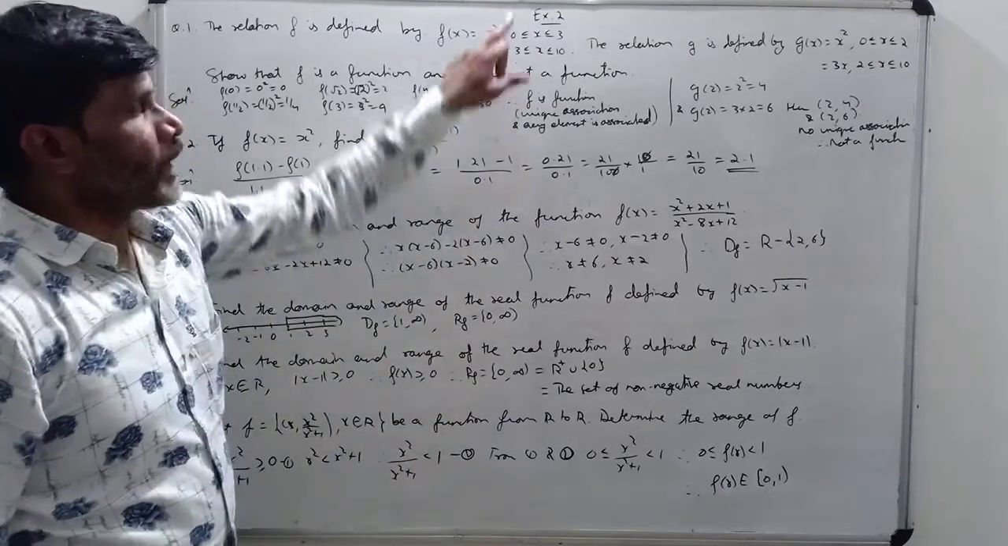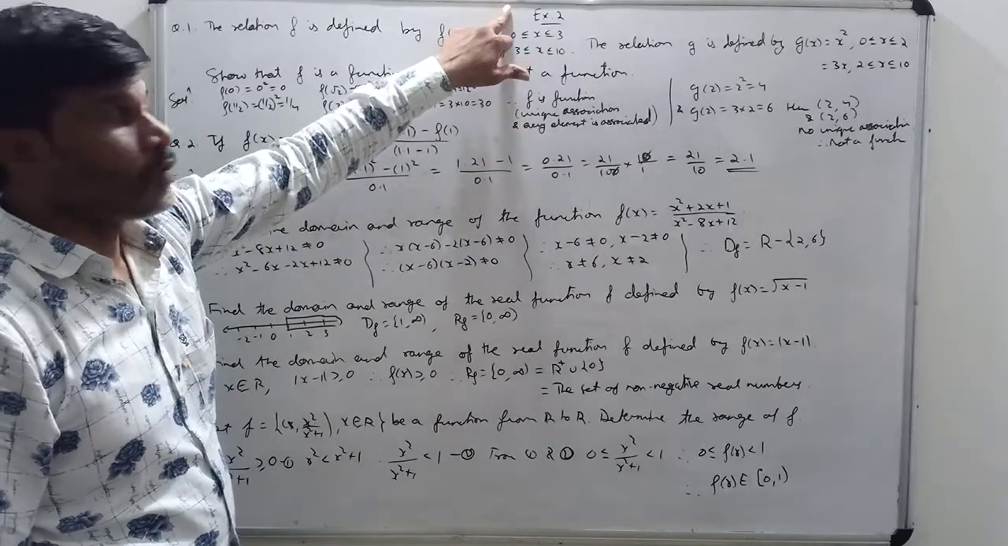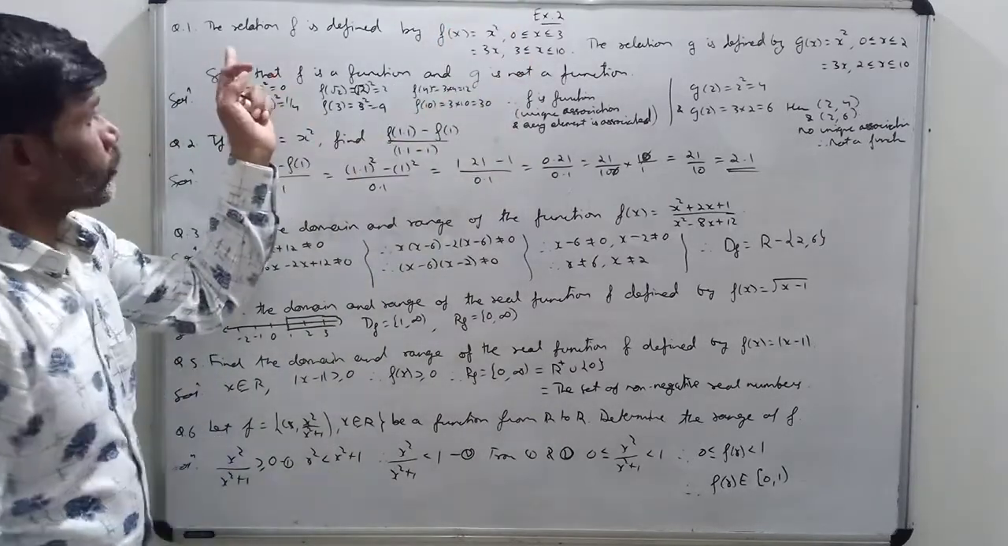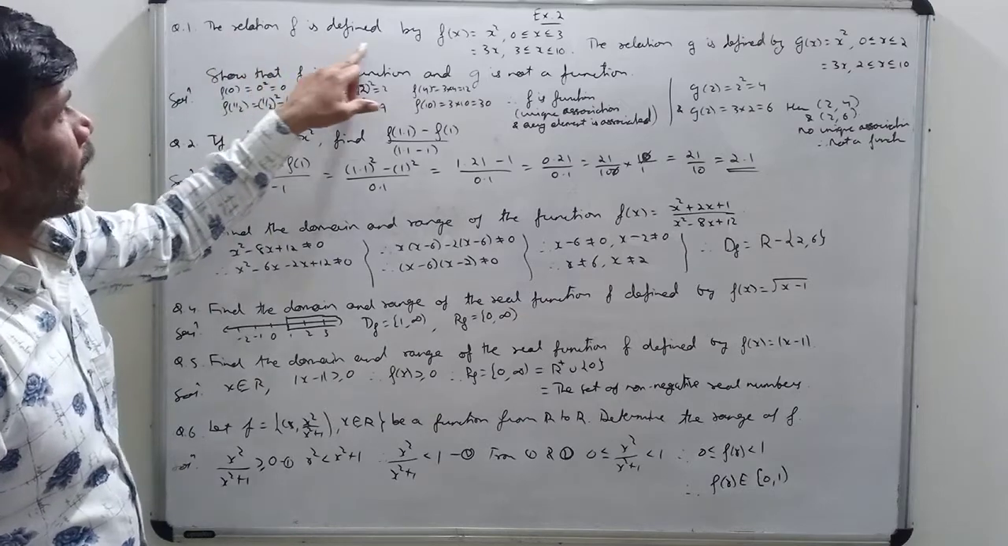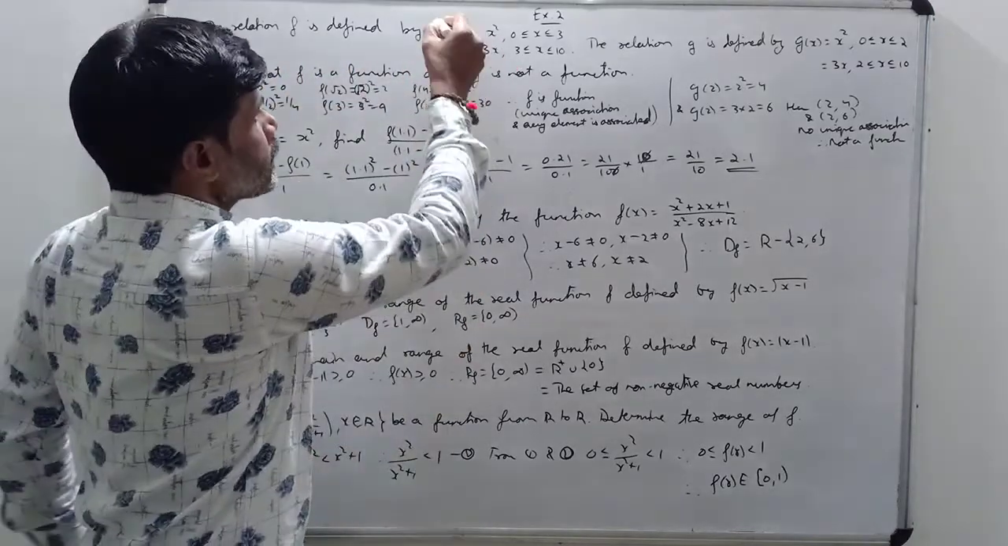Exercise 2, Standard 11, Chapter 2, Relations and Functions. Okay, question number 1. The relation f is defined by f(x) is equal to